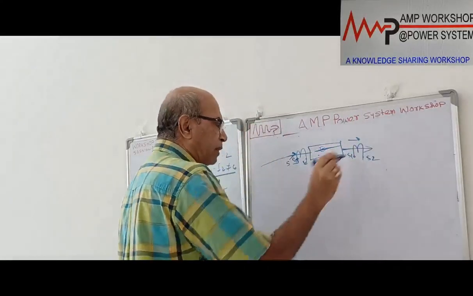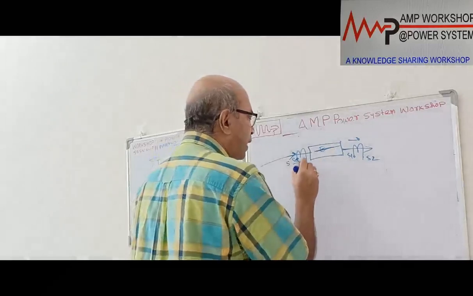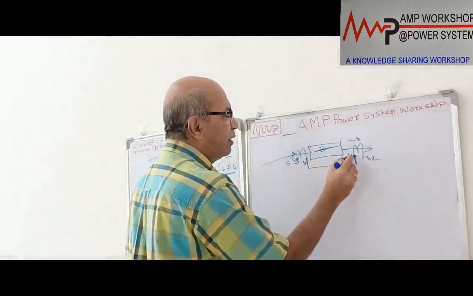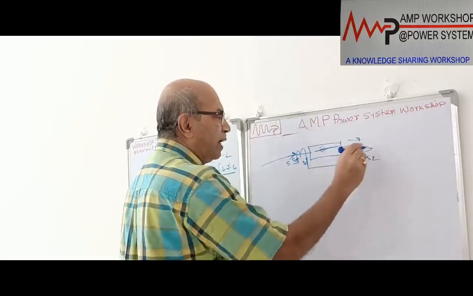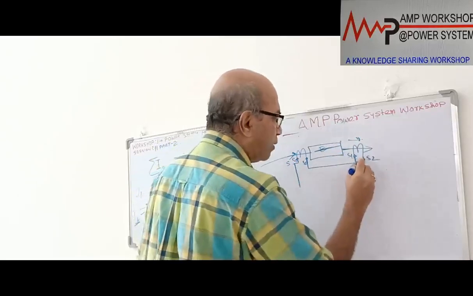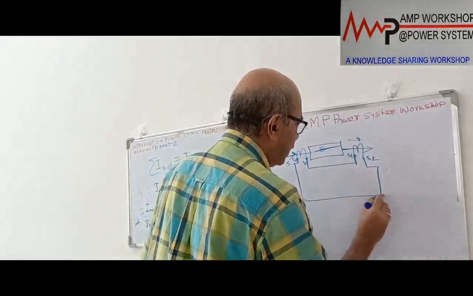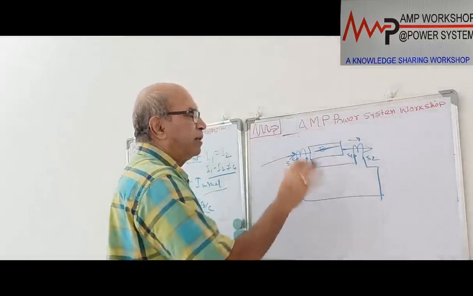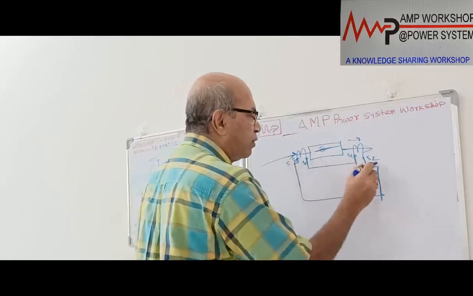So to cancel the current, what is the rule? The rule is this S2 will be connected to S1 because this is opposite. This S1 current is going this way, so it is a negative current. So here negative will be connected to S2, and this S1 will be connected to this S2. Then it will be negative. If we connect S1 and S1, then it will be a sum, but when S1 is connected to S2, it will be subtracted.